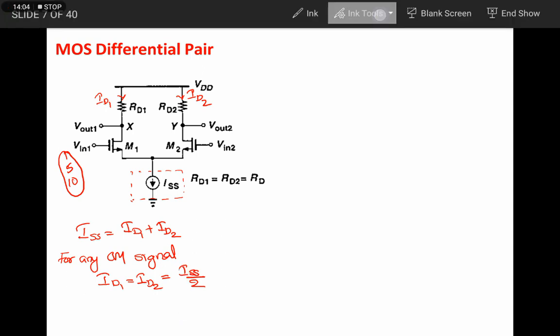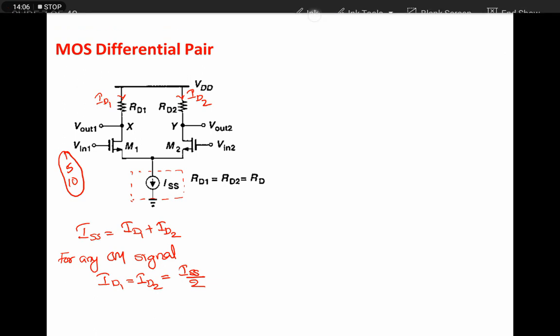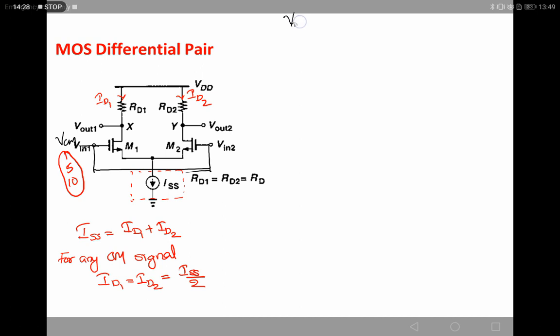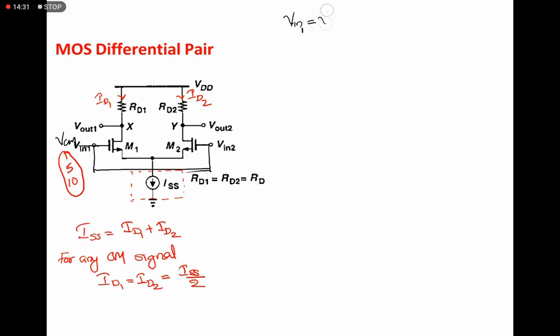So here we can write one more thing. If we consider these two signals are shorted, and we are giving some common mode signal VCM, what will be the output of this circuit, and how it will perform, we will analyze that. So if Vin equal to Vin1 equal to Vin2, which is equal to VCM,